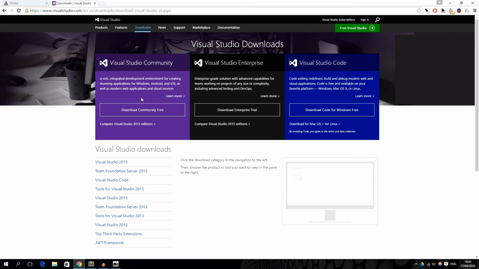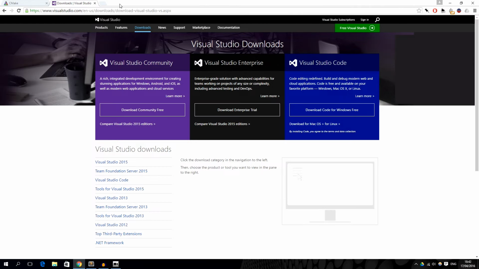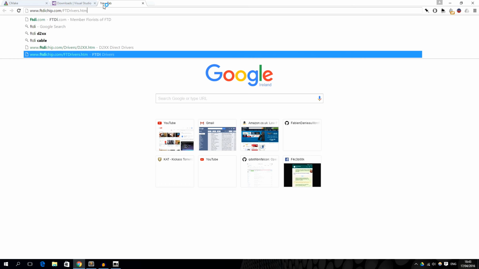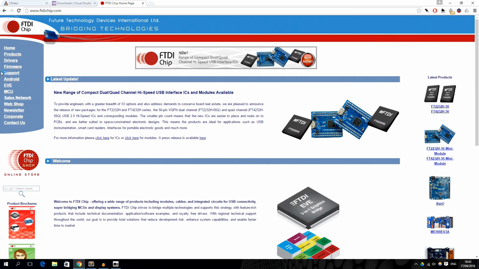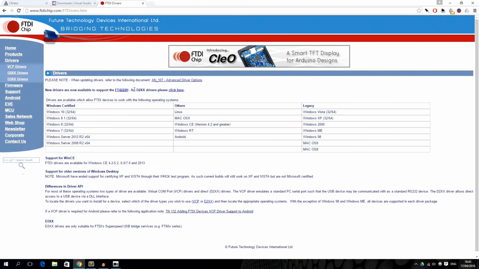You will also need the FTDI serial drivers, and you find those on ftdi.com or ftdichip.com, as you can see here. I'll just go to the root website to show you. So this is the main page. You'll go to drivers and you'll click on the link for the D2XX drivers, and these basically allow communication through